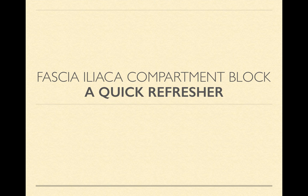I wanted to give you all a quick refresher on the fascial compartment block. First off, just wanted to say good job because over the last couple months there's been a significant uptick in the amount of these that we've been doing, and two to three of the ortho attendings have come down and actually said how impressive it was that we were doing this and we're really making a difference